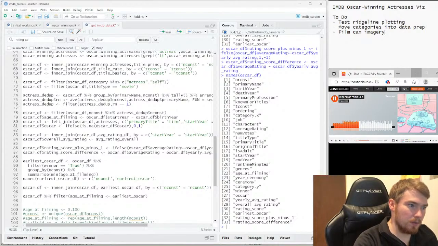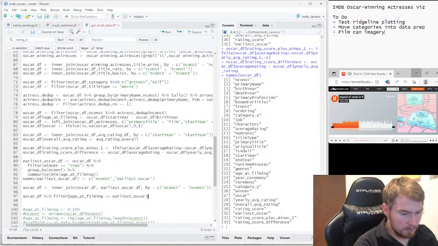It's not equal to. So I want to filter those. I then want to summarize those two fields by nconst.